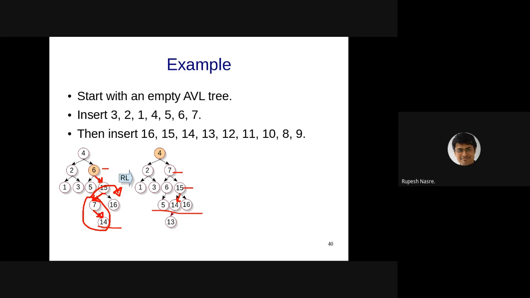Once we have that intermediate part, when we do a left rotation, we had 6, 7 and 15. Then when we do a left rotation, 7 becomes the root of that subtree, 6 goes down, 5 continues to remain as the left child, 15 continues to remain as the right child of 7, and there is an adoption of what? Somebody is adopting something. What is that? 14 by 15? No, that happened in the R case, but in the L case there is also some adoption happening.